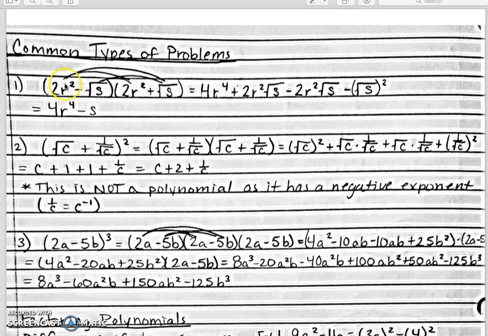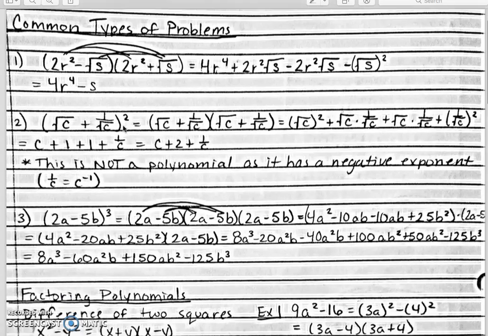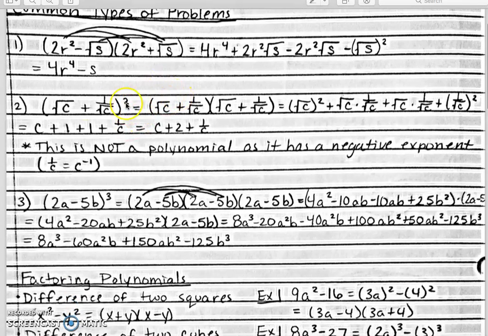But if I multiply two binomials, one plus and one minus, where all the factors are the same, my resulting answer will be the first factor squared minus the second factor squared, or the first term squared minus the second term squared. Okay, so that's our difference of squares special case in the multiplication format. We'll look at it in the factoring format as well. If I go ahead and multiply the same binomial by itself twice, you can see how that plays out here. This is stuff that you've done before,